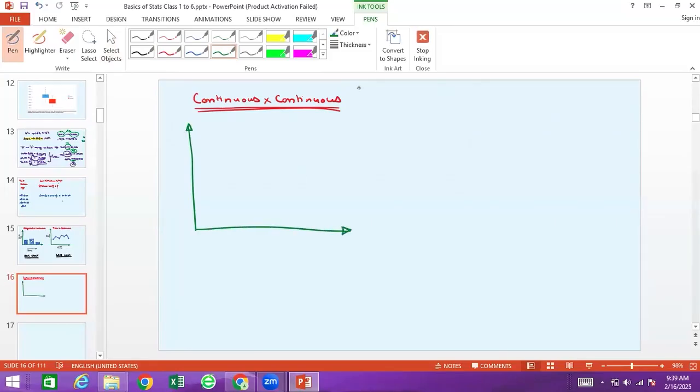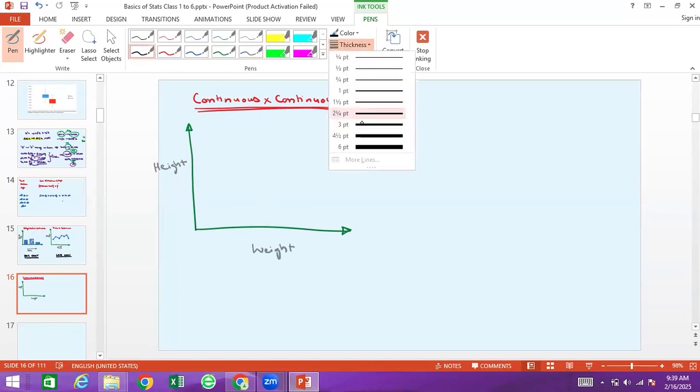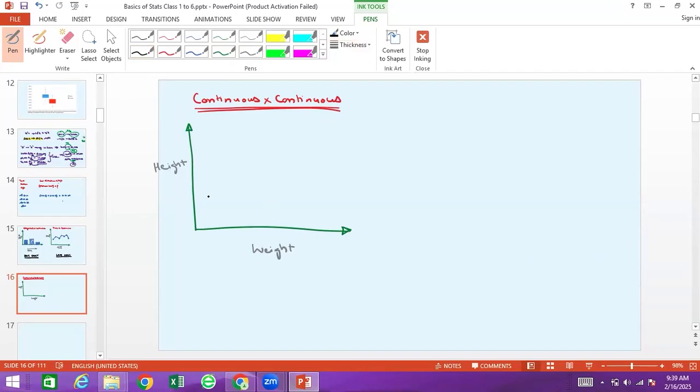Let's say I have height and weight, these are the two I have. What kind of chart will we create? Scatter plot. Scatter plot, right? If I have one variable as height, other variable as weight,